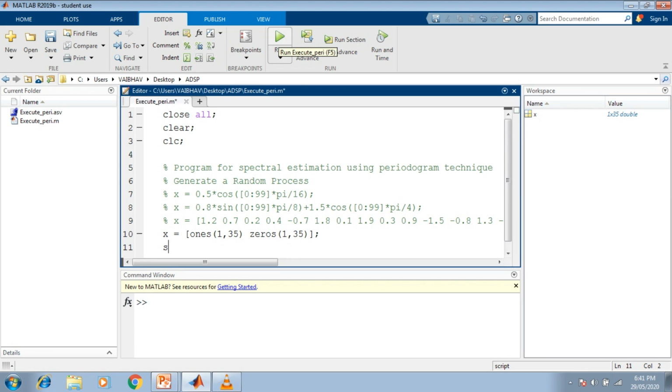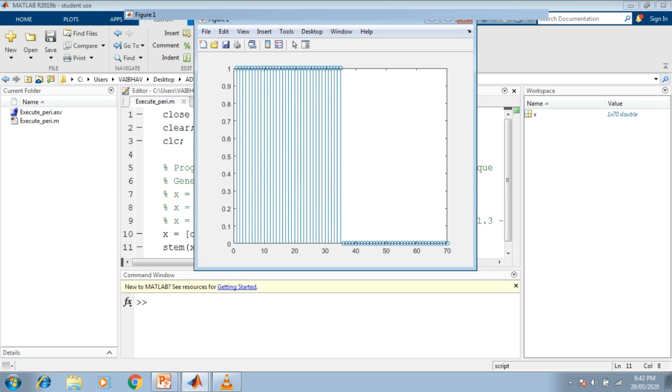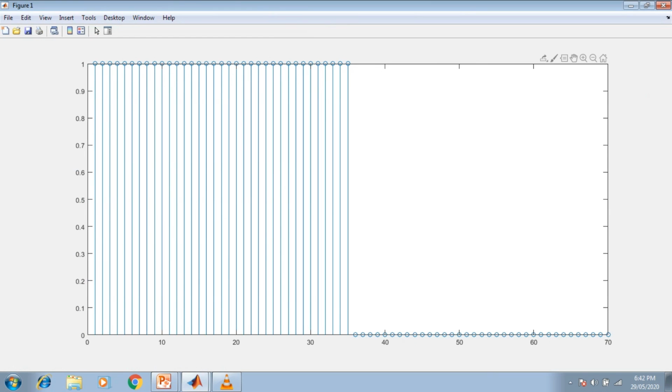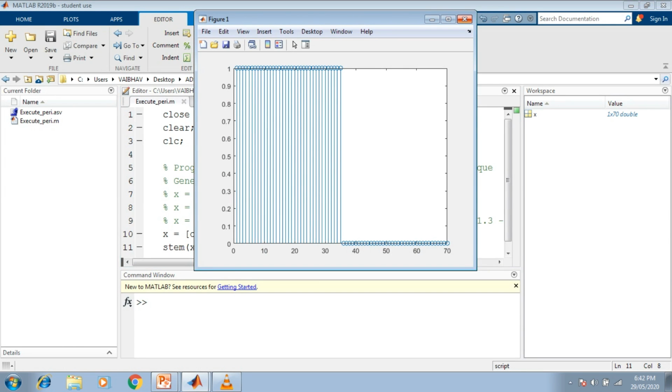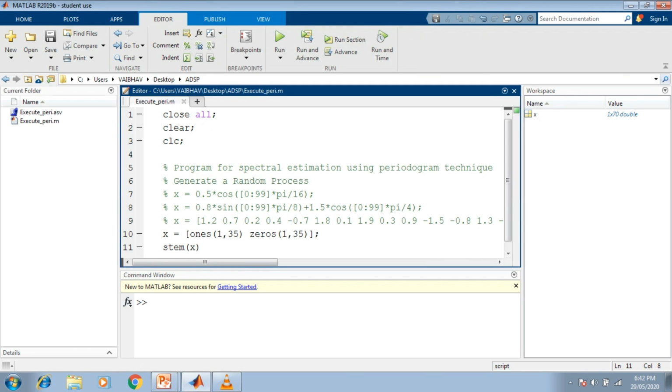Now we can visualize what we have done here. So stem input it will be the X. Saving the changes and running the program here. Now you can see that from the first sample to the 35th sample we hold the amplitude 1 for each of the product samples here, whereas from the 36th sample to the 78th sample we have the amplitudes denoted by 0, Y is equal to 0 here. So only 2 times we have made use, once for the function ones and then